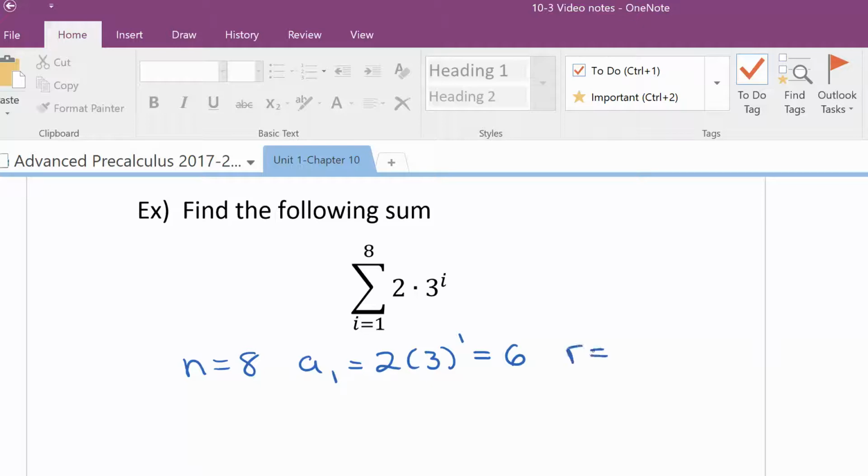And the ratio, what you multiply, would be 3. So the sum of the first 8 terms of this would be 6 times (1 minus 3 to the 8th) over (1 minus 3). Well, 1 minus 3 to the 8th